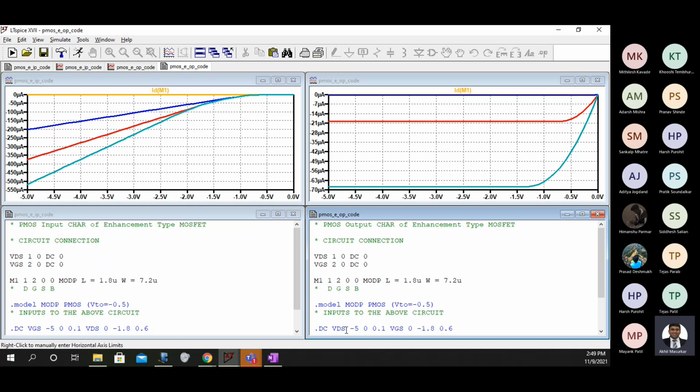Okay, very good. Mithilesh, go ahead with the depletion type MOSFETs.